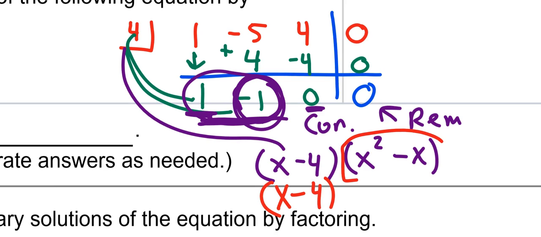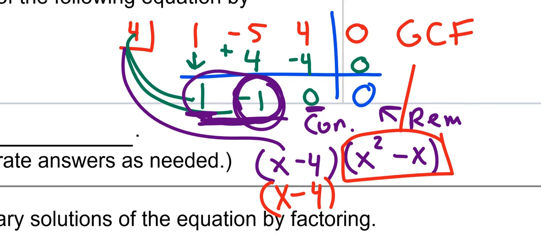I need to know if this thing right here can be factored. No. I think we're overreaching this a little bit. You need to think about a GCF. Is there a greatest common factor? It's x. Thank you very much. If you pull that x out, what will you be left with? x minus 1.